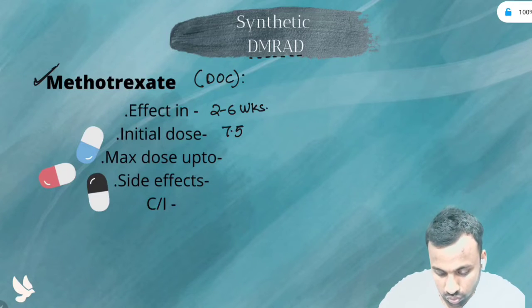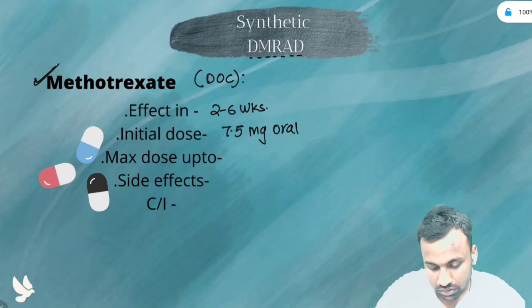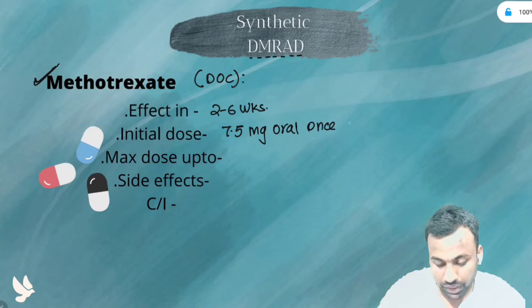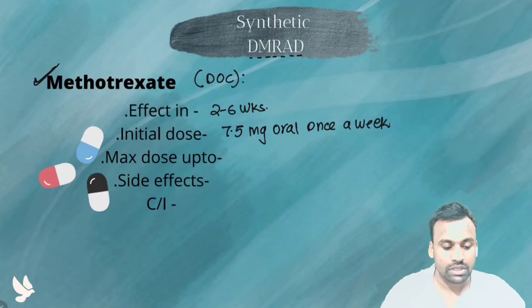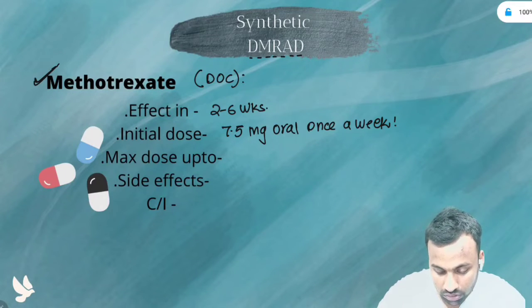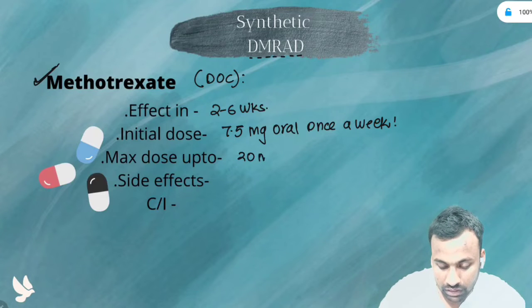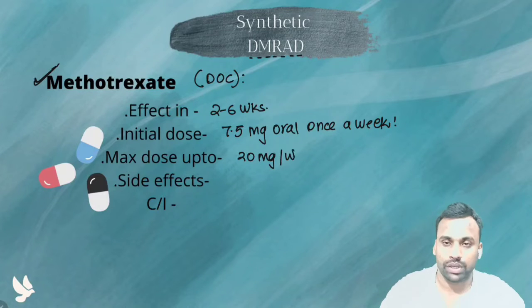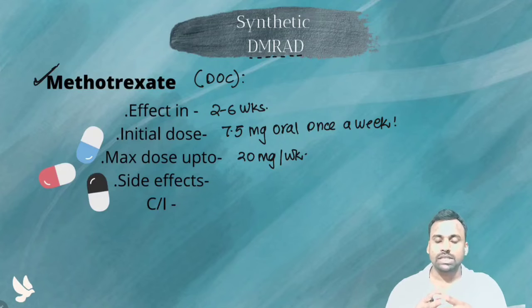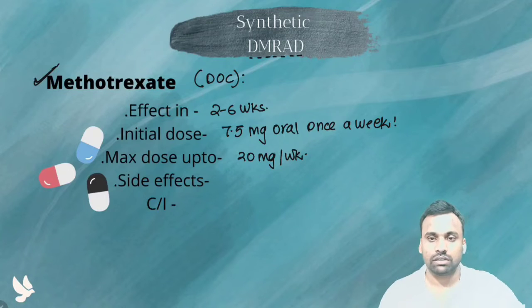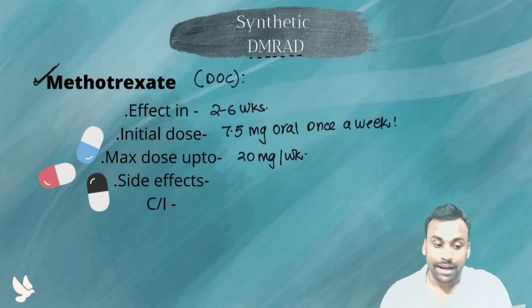The initial dose for methotrexate is mainly 7.5 mg oral once a week. We can start with this, and the maximum dose you can go up to is 20 mg per week. But the problem is that if you give the patient methotrexate, you can get some side effects, like